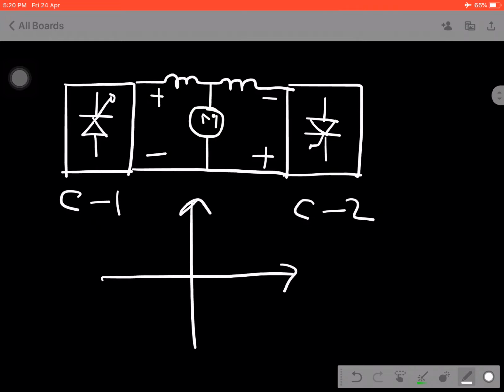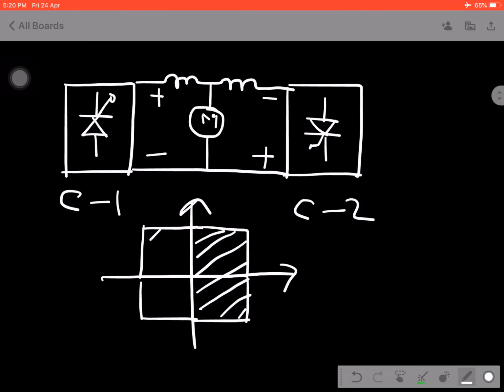As we know, due to the presence of the first converter, it will cover the first quadrant operation, and due to the inductive load, a machine load, that is a 4 quadrant operation. So this can be defined by the first converter, while the second one is off. When the second converter starts working in the reverse direction, the motor starts working, then it will cover third and second quadrant operation, as they are working in the reverse direction with respect to the first. Here we know the current is I0 and the voltage is V0.